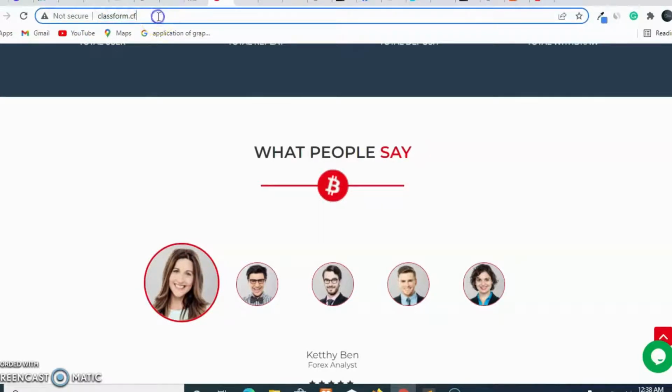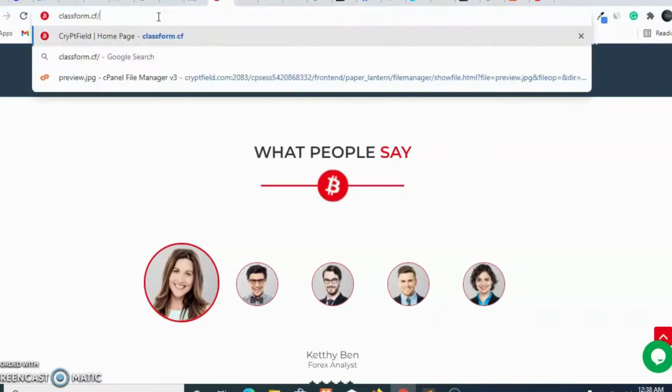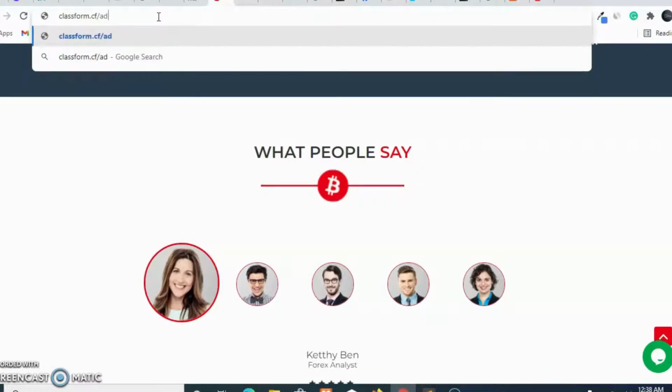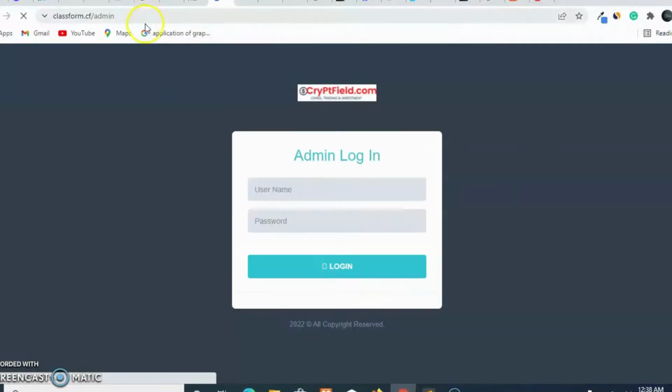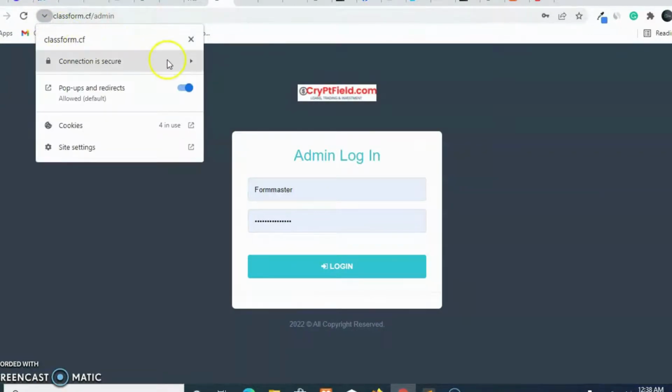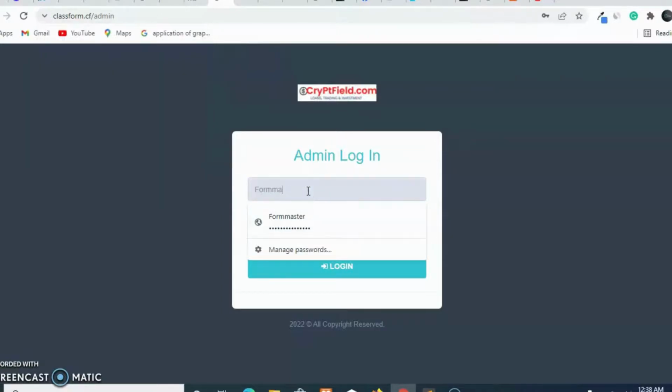Before I show how to solve this issue, let me log into the admin dashboard. Both the login details, everything is in that file. Just put /admin, click enter. Okay, now it's even secure now. The username is admin. Anyway, you can still change it.